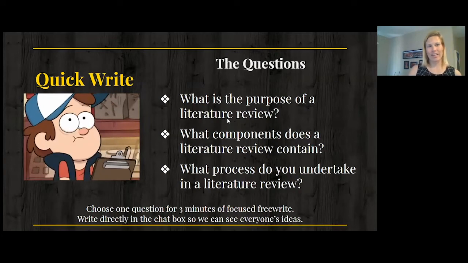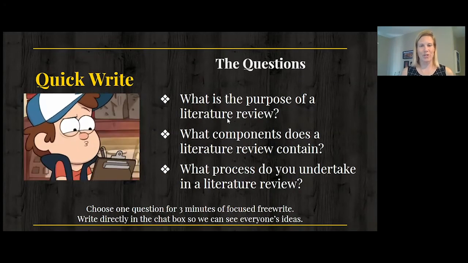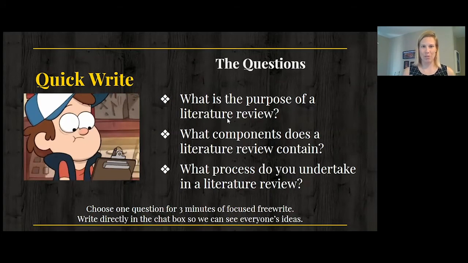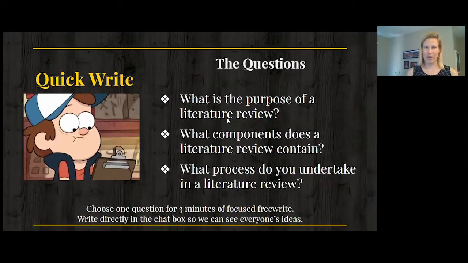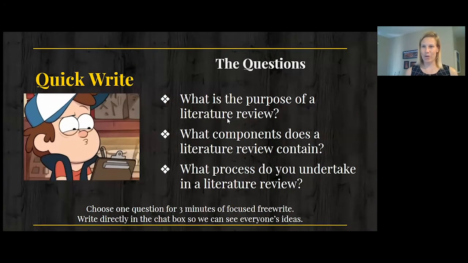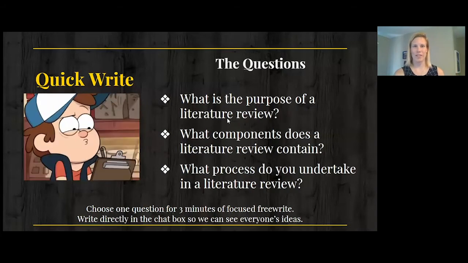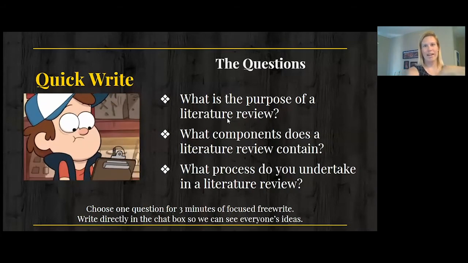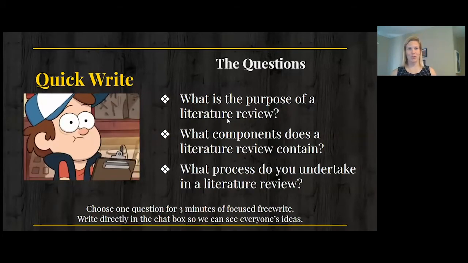And another thing that I think I would often use when describing a literature review is this idea of finding where the gaps are. When you look at a literature review or you're writing a literature review, you're seeing what's out there on a topic and you're synthesizing it together and you're summarizing, but it also lets you know what's not there. So if you're doing research, you're trying to find, okay, well, what's not there so I can then write in that field. Or if you're trying to look for a field and you're new to graduate school